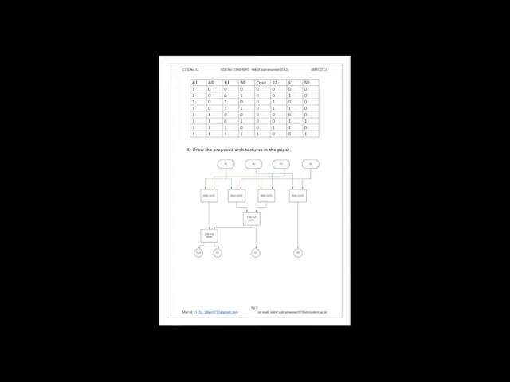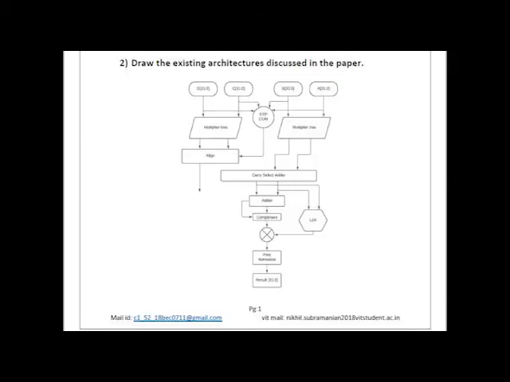Fourth question: draw the proposed architecture in the paper. This is also drawn using Lucidchart, where A1, A0 is one number and B1, B0 is another number. Colors are used to indicate which input is given to which because of a lot of crisscrossing happening between the inputs. And this uses only AND gates and one bit full adder, whereas the Booth's algorithm uses many other components like aligning, multiplier tree, carry select adder, complementing, normalizing, LZD, etc.